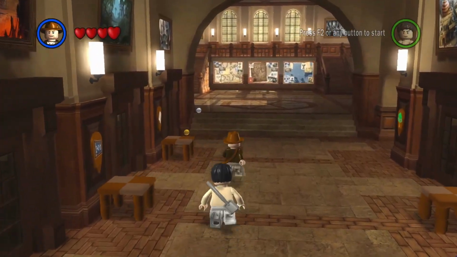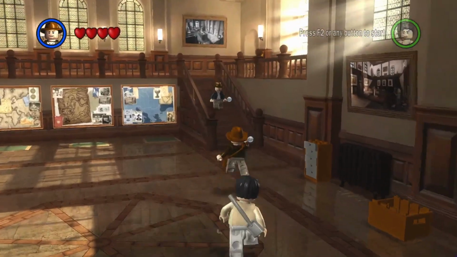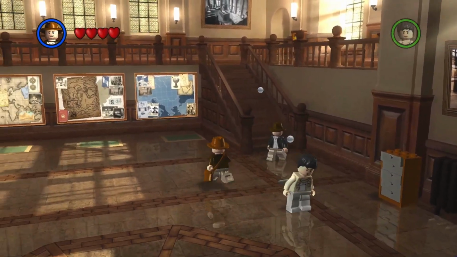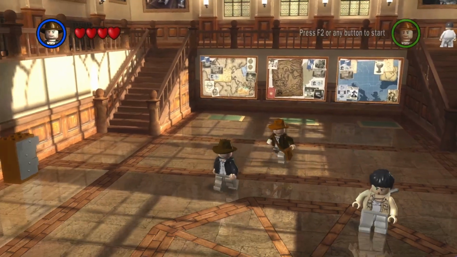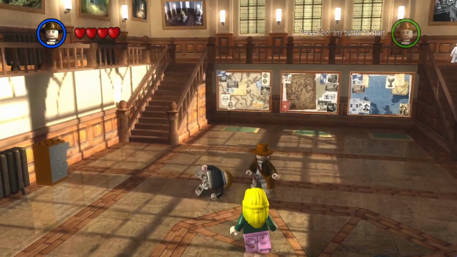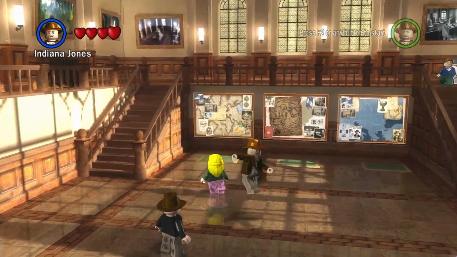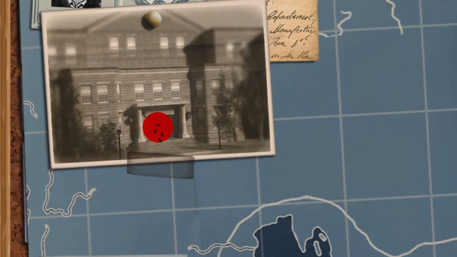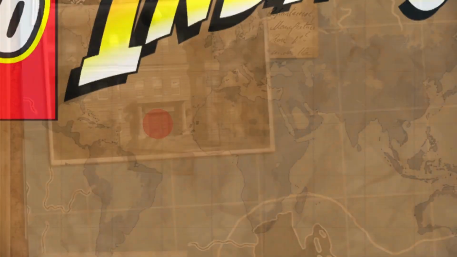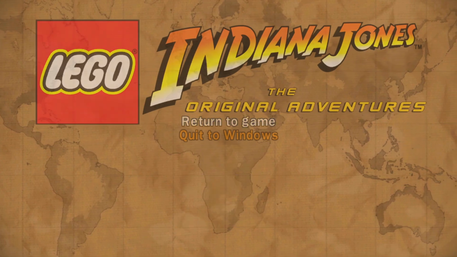Well, I imagine with save file editing, it might be a speedrun thing, and that might be in the future. And here's Fedora. Fedora can do nothing but jump and he can't even attack. Okay, well, that's how it is. I'm not creating a save file from scratch since you have to go through the cutscene of the first level, which takes a bit of time.